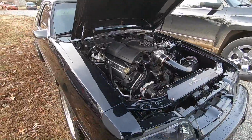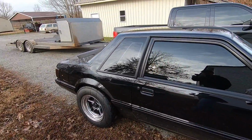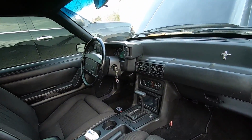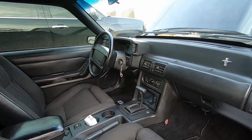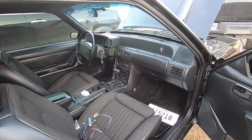Man, it's been a while since I've seen this car. And of course, Lee got the S71s on it, and done some other stuff, you know, nothing crazy. The car was done. I mean, it was ready to go. Beautiful black interior. Now, this is a 6R80 car. In case you didn't remember, go back if you want to see the build on this car. And if you want to go back, way back, when we actually picked this up, there was...